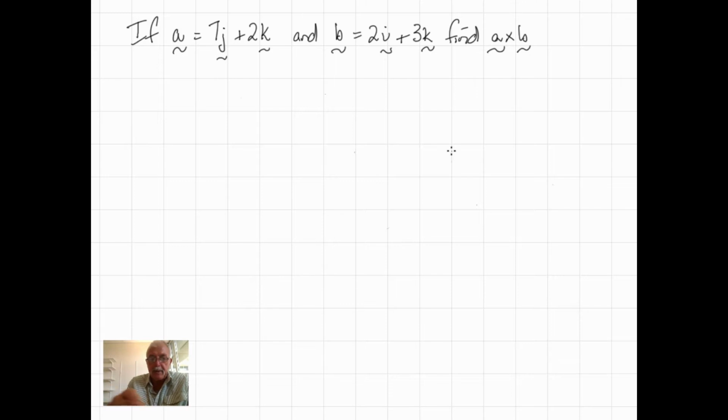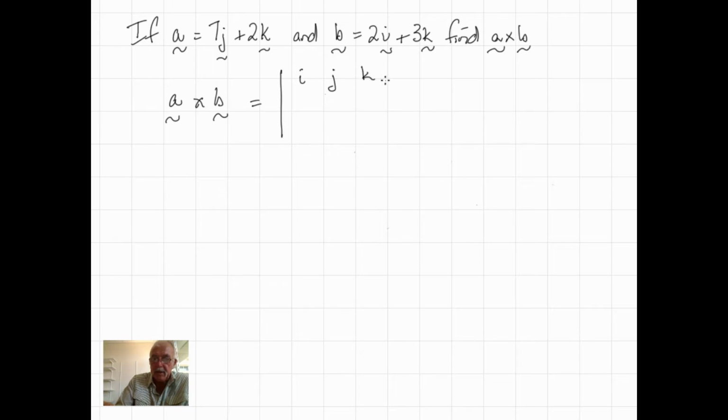In the previous video we worked out how to calculate this using matrices, so we'll go straight into it. So what we did in the previous little video is that A cross B will be the determinant of a 3 by 3 matrix which has